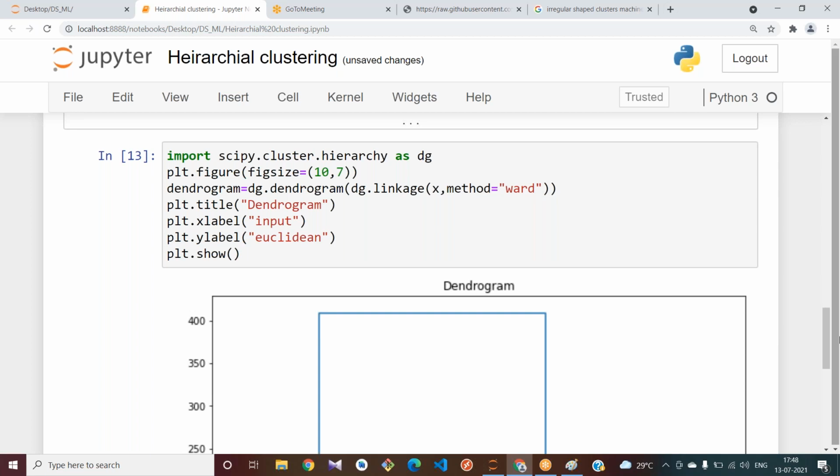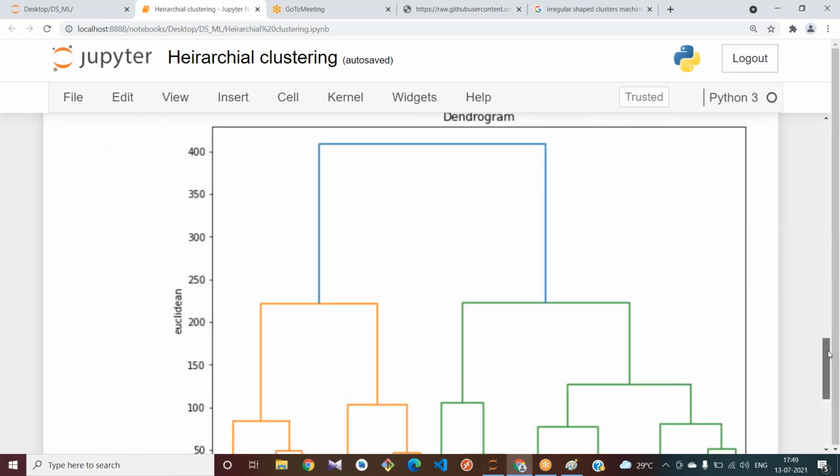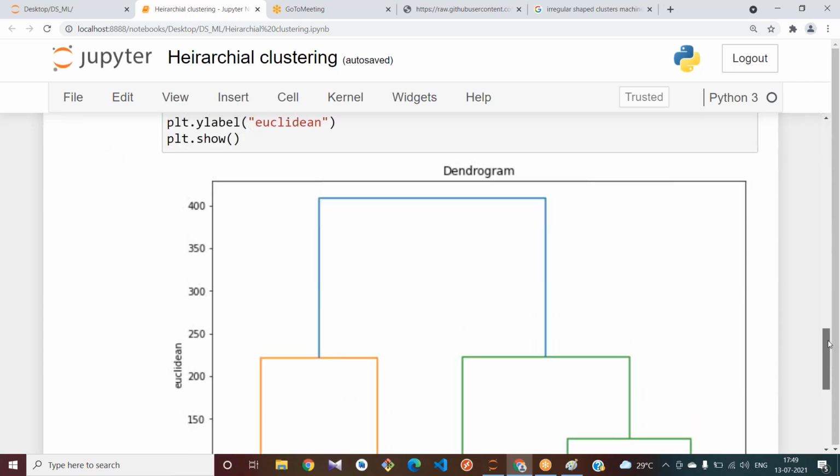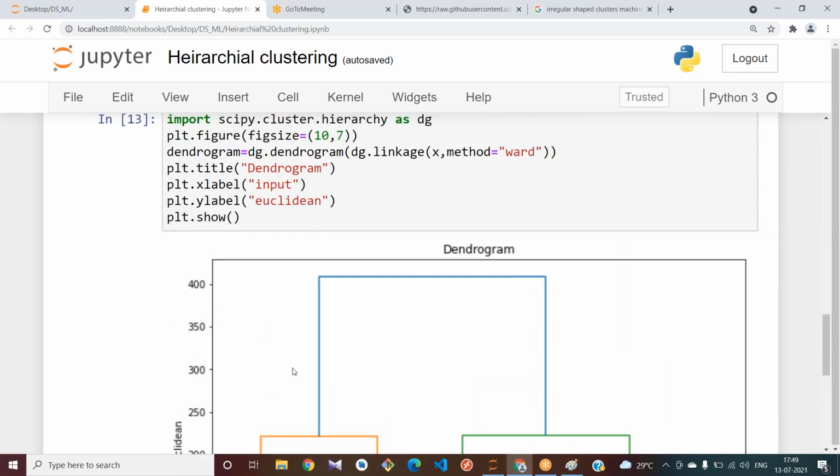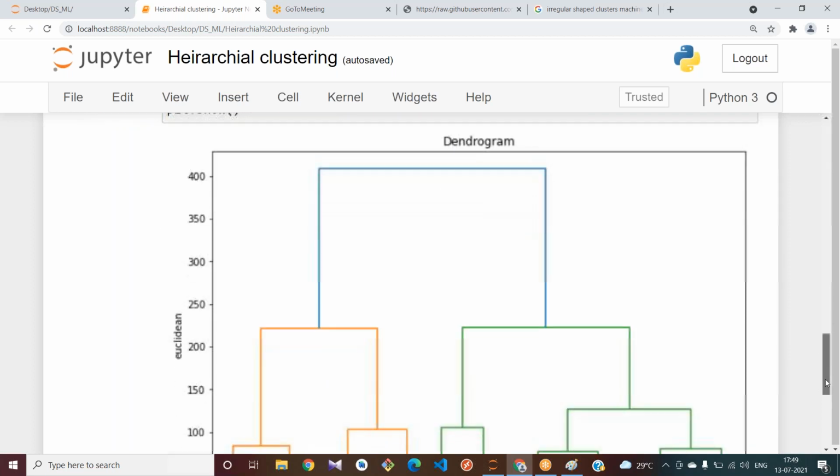Have you got the output? Please respond. See, your k value can also be chosen depending upon the colors.